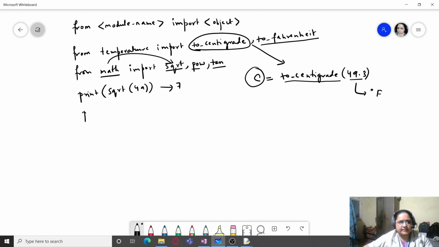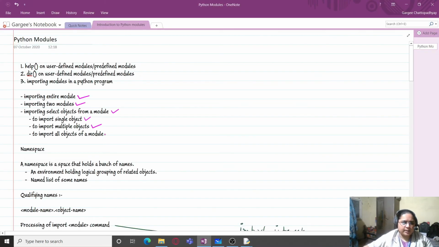So I can easily use them without any qualifier. So this will give me the result 3 raised to the power 2, that is 9. And easily I can use to Fahrenheit also.